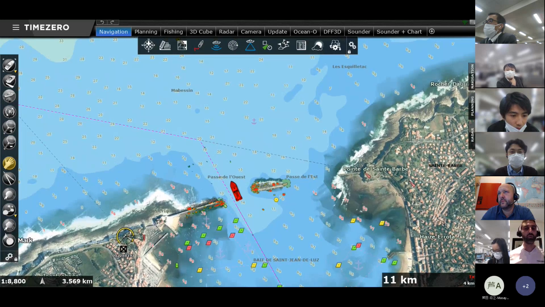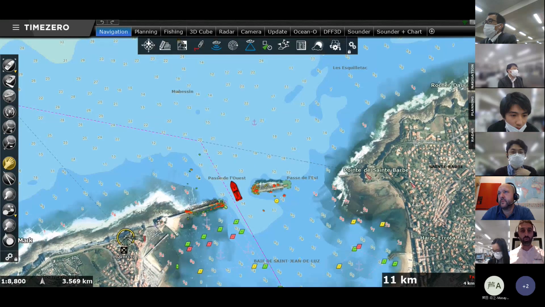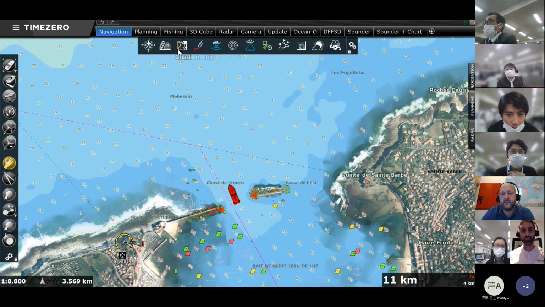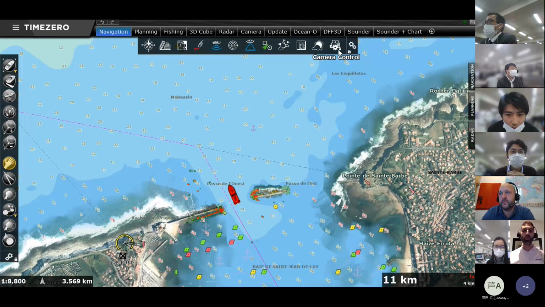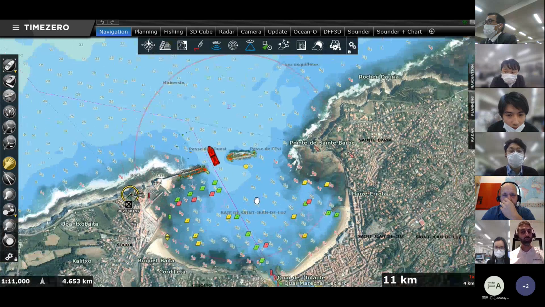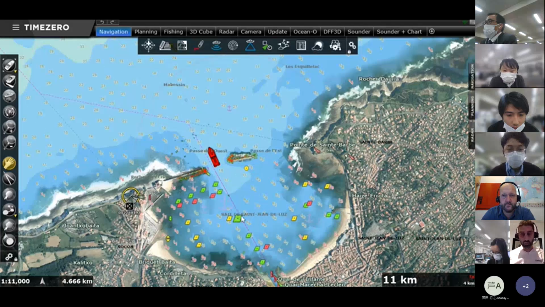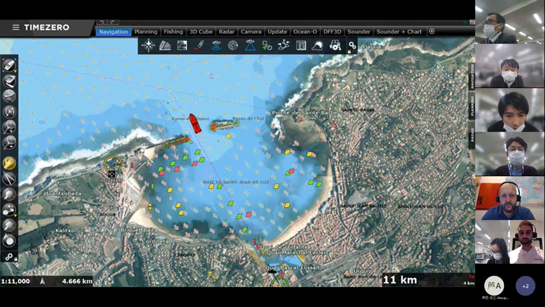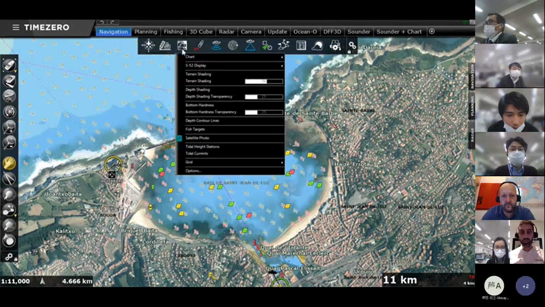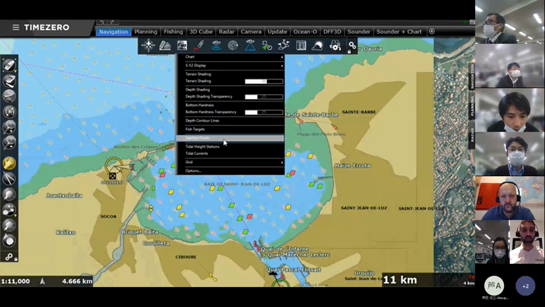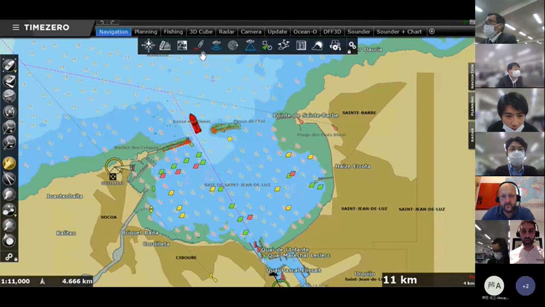So, a fully customizable toolbar. On the top of the software, you'll find what we call a ribbon. This ribbon allows the user to add layers of information on top of the chart. You can see here on my chart, I have some very nice high resolution satellite photos, but you can very easily remove that photo by just clicking on the button to hide it.